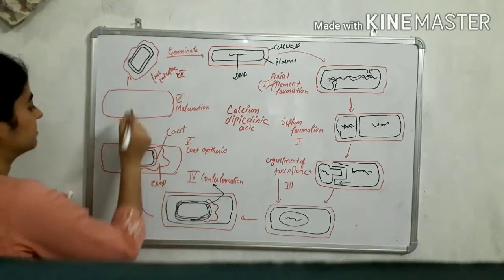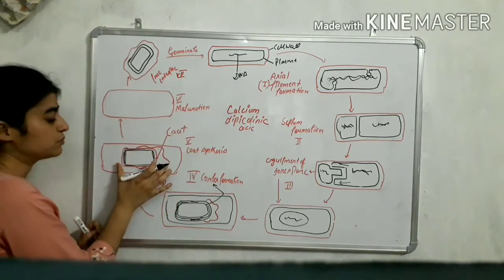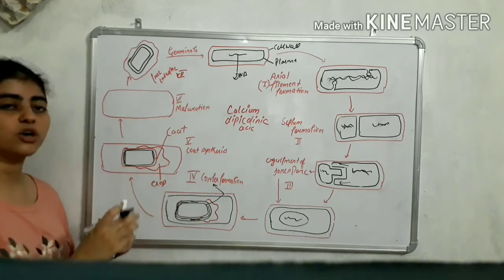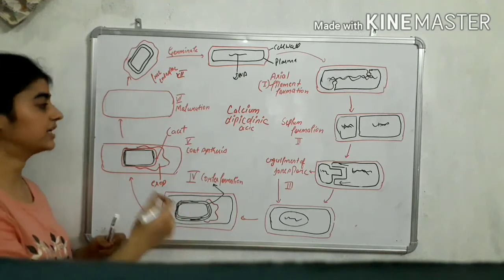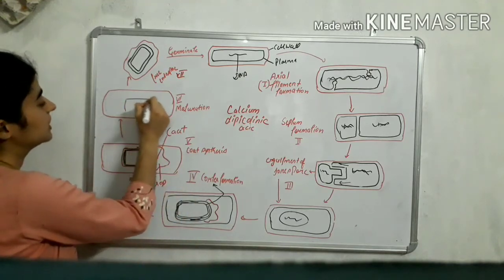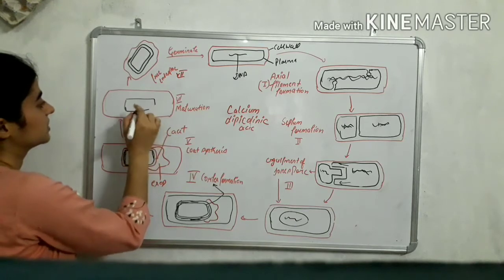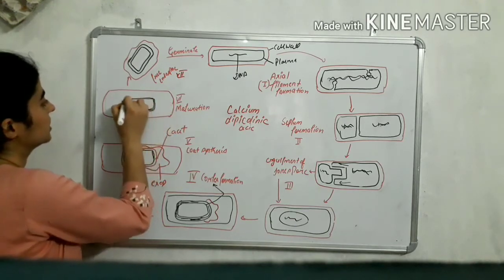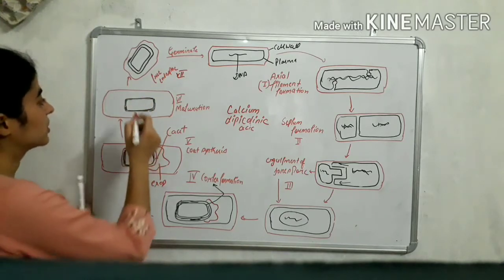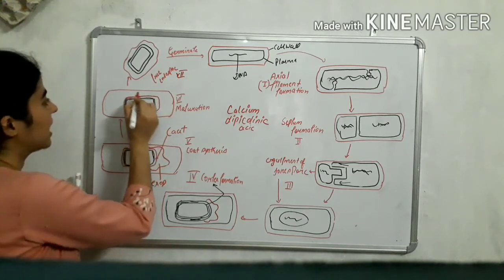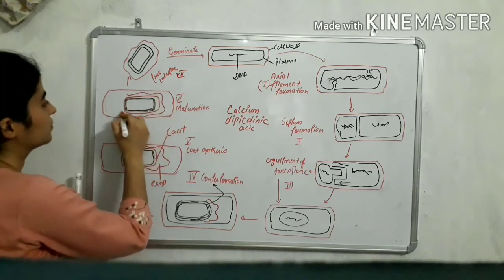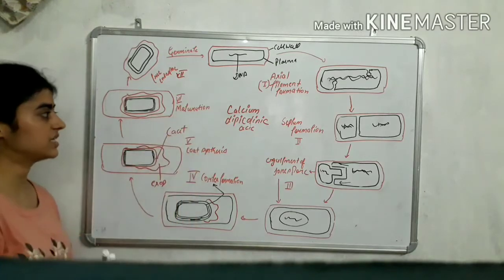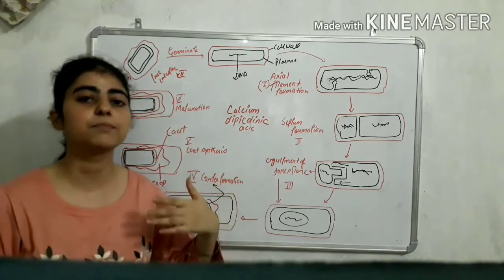Now what will happen in the maturation? The spore, the endospore inside the body, will mature itself completely, in its structure and in its properties. For example, this is our spore. This is the cortex, the shaded region. Above the cortex, the spore coat is present, and after the cortex there is the formation of the sporangium. Now what will happen in this stage 6, the maturation stage? The spore will gain its properties.